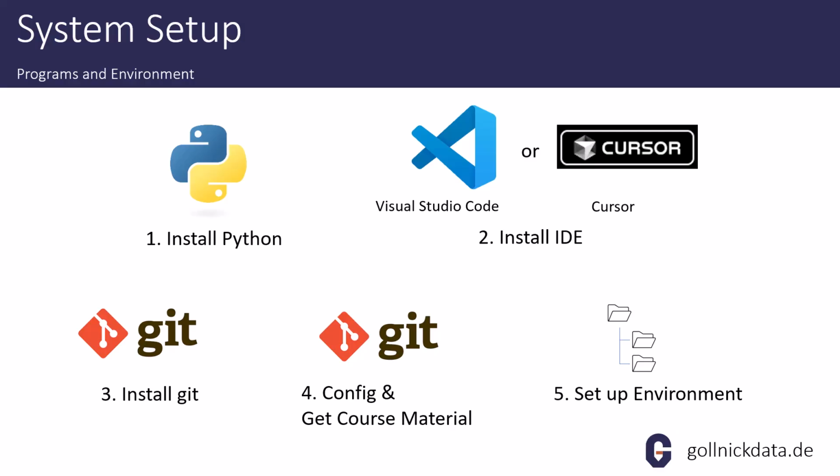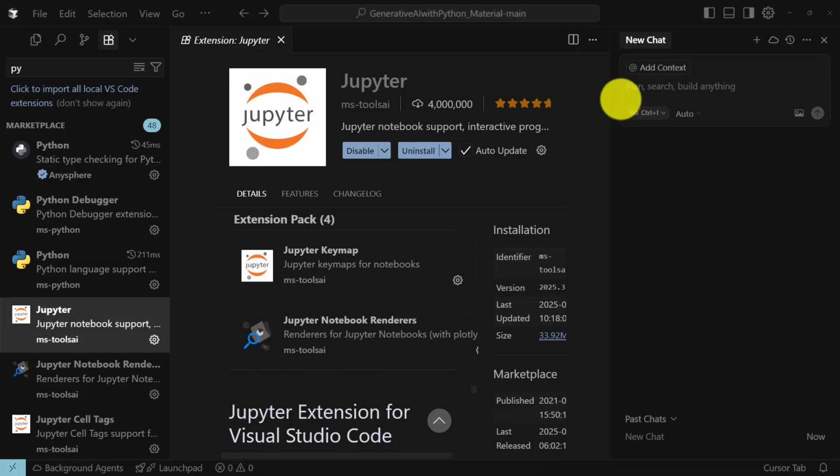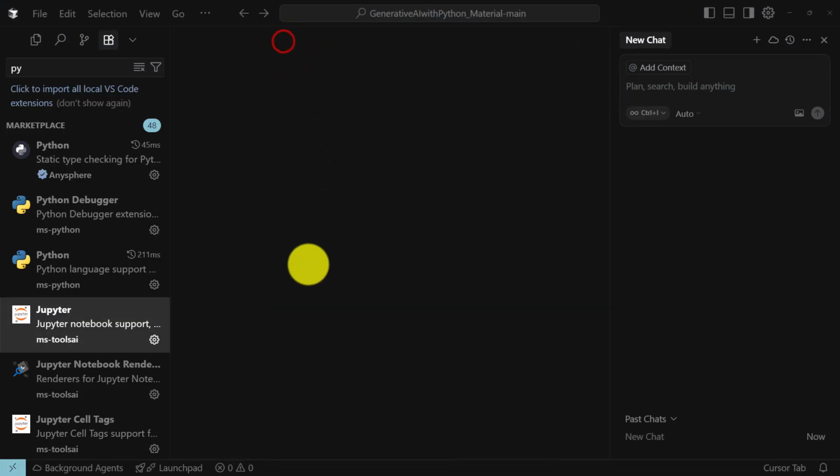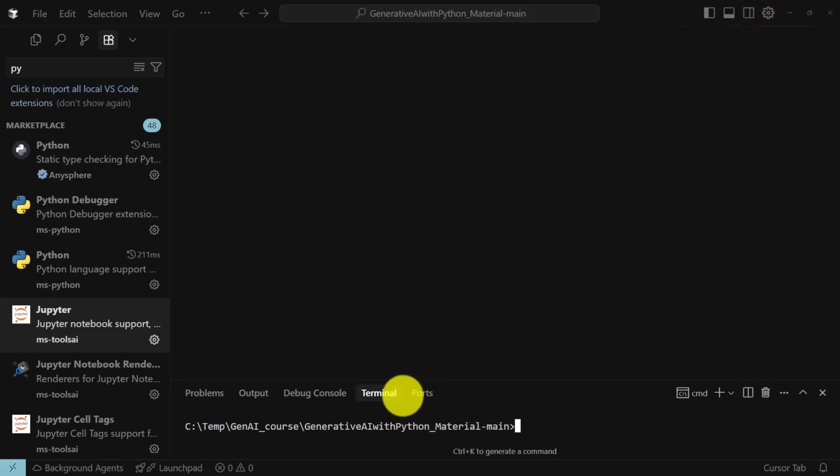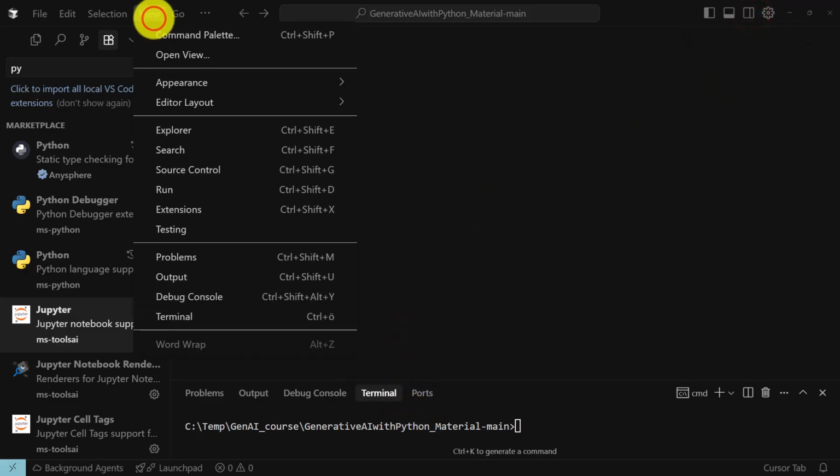Good. Then the next part is covering, and that's the final part, the installation or the setup of the environment. And we are going to use UV for that. So we have to make sure that it is installed. I can make the terminal visible by clicking on View Terminal, and